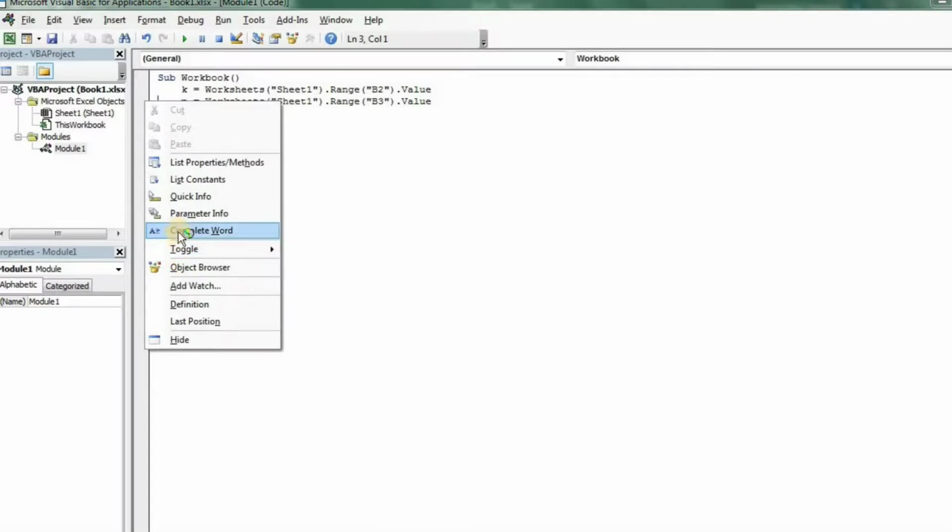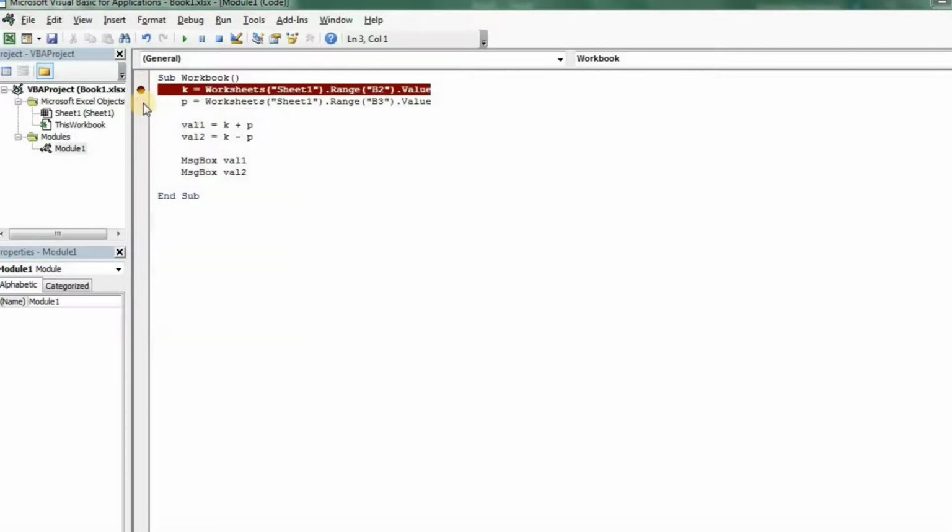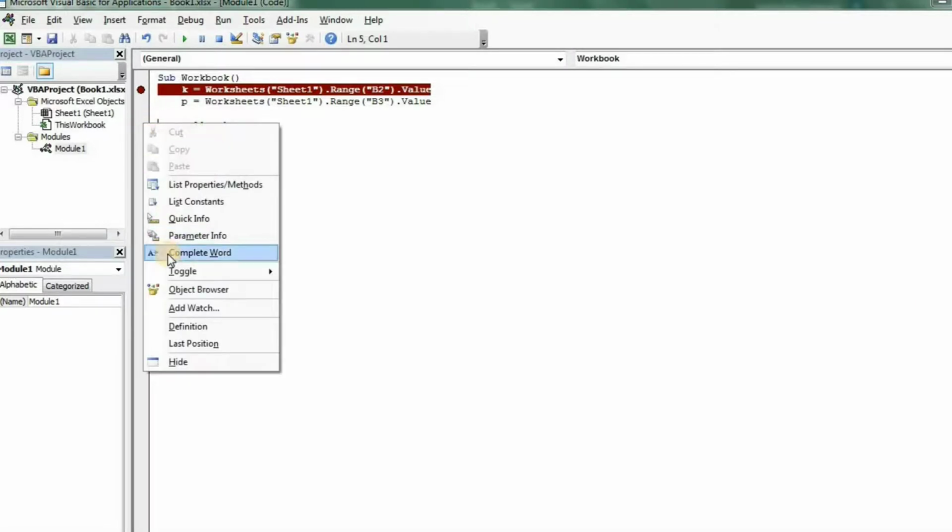You can add a breakpoint by directly clicking on the small space on the left side, or you can right-click in the white space, go to Toggle, and press the Breakpoint button.